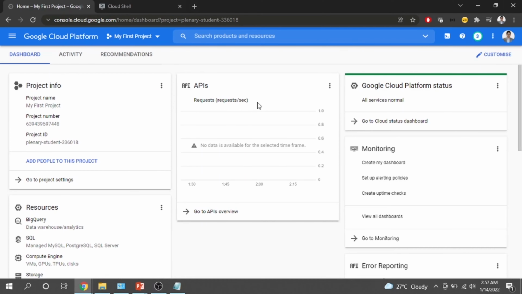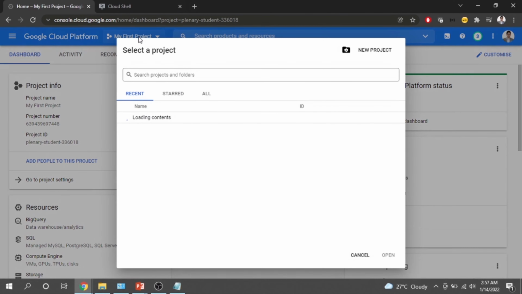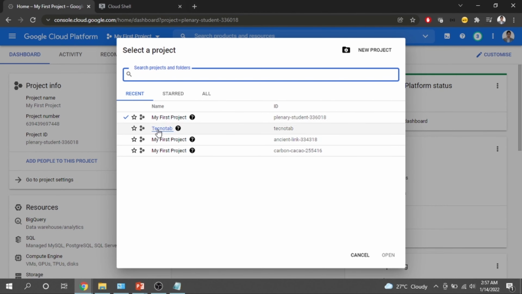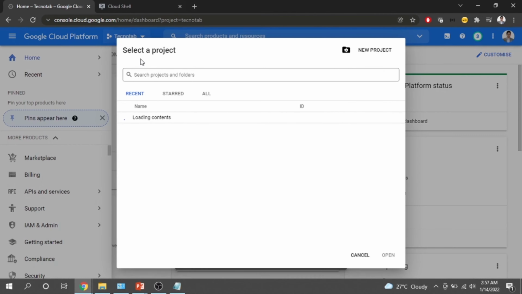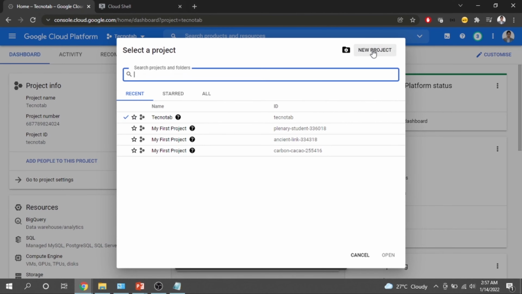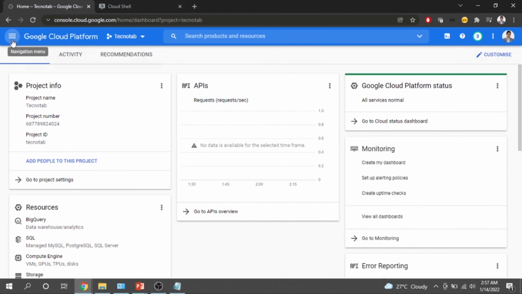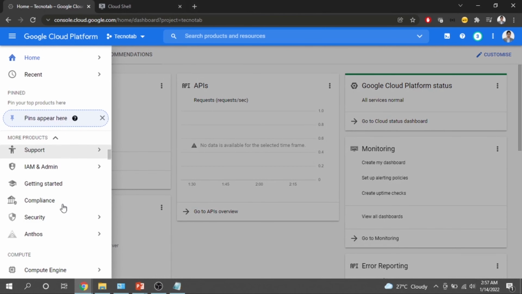So now let's get started with the demo. In this demo, we are going to launch a VM instance on our GCP platform. For that, you first have to select the project in which you want to create the VM. So I'm selecting this Techno Tab. This is my channel name. So I've selected the project name. If you don't have any project listed here, you can just go ahead and create a new project from this window. I have selected the Techno Tab, and after that I will go to Compute Engine,